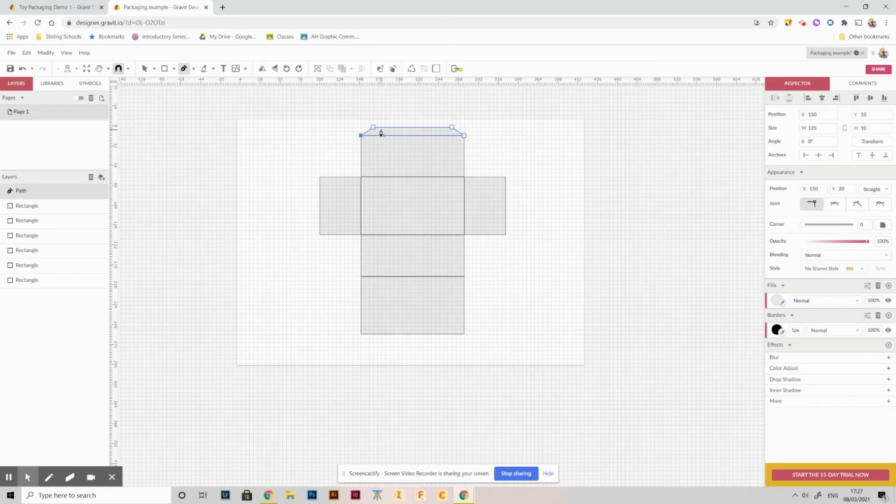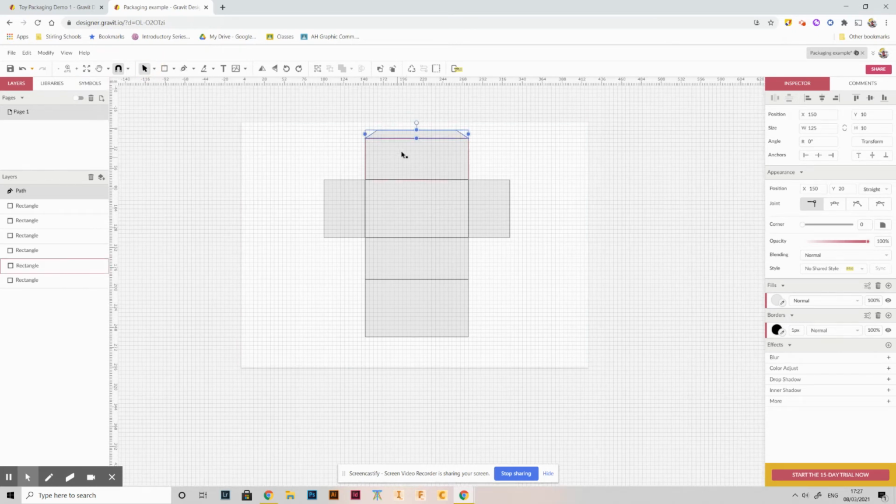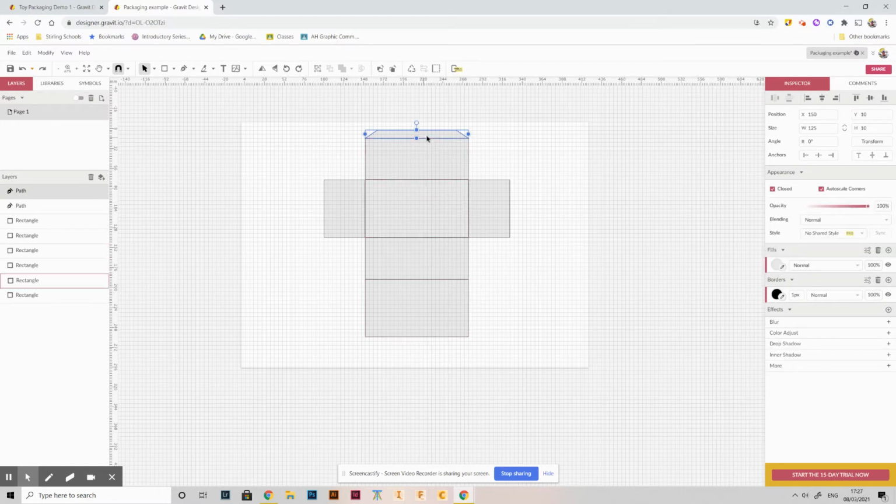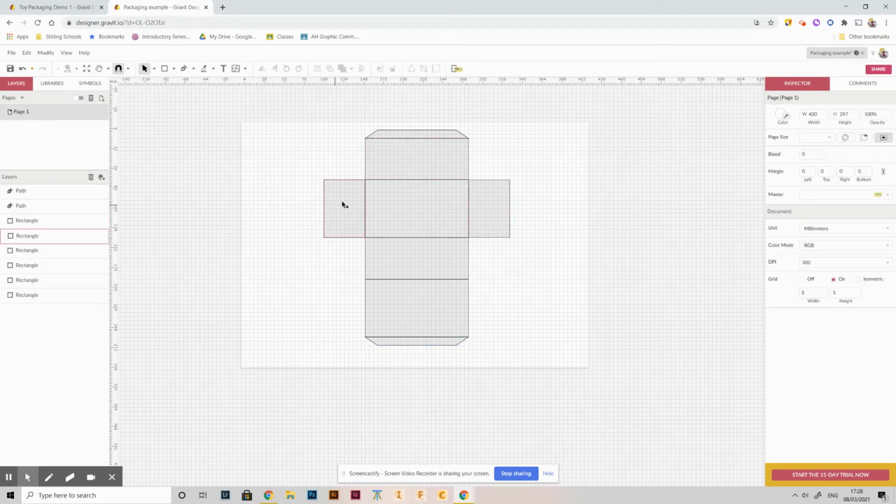And to save myself some time, because I need to add more of these on around these edges here and down at the bottom, I'm going to first of all copy and paste that. I'm going to drag it down at the bottom and put it where it needs to be. And then up at the top, you'll see we've got these flip tools, so we'll just flip it. And then at the side here,